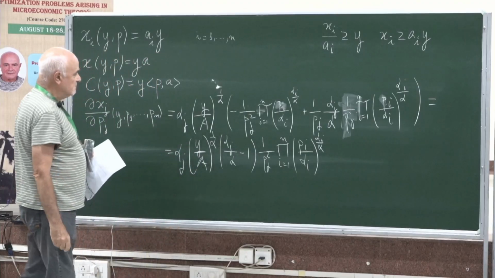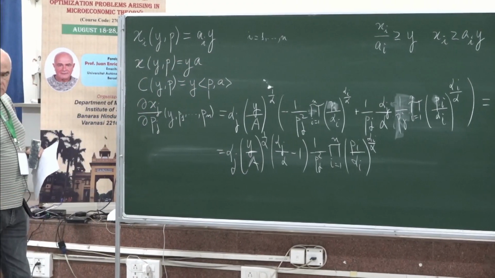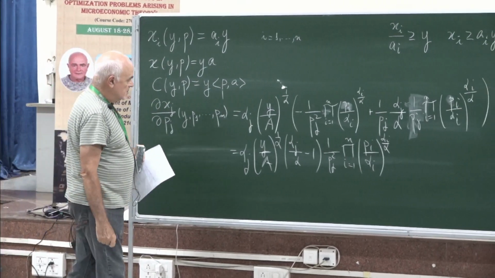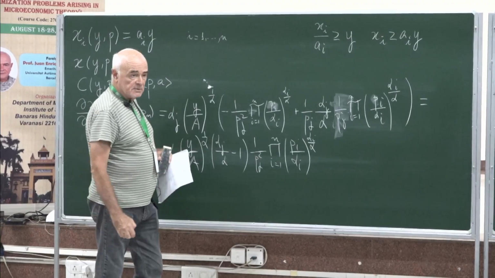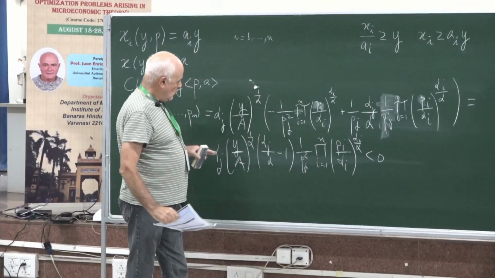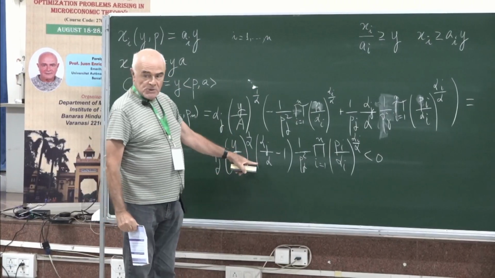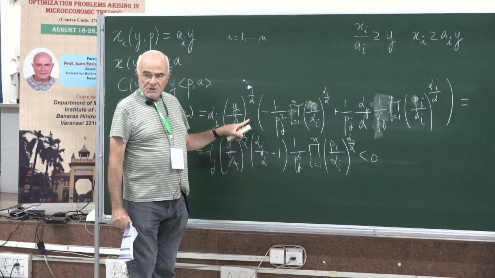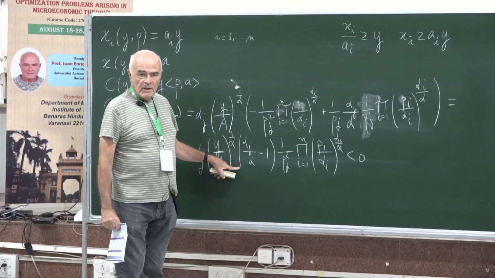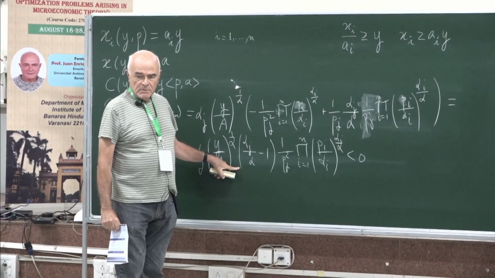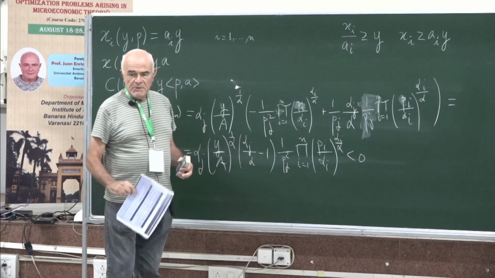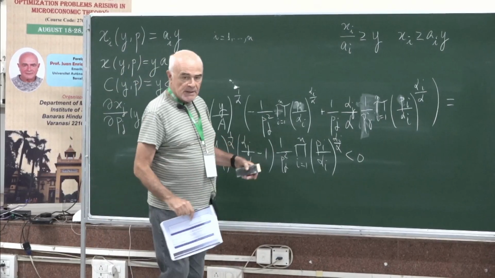Is this correct? Then this is negative, because all factors are positive except this one. Alpha j is smaller than alpha. Alpha is the sum of all the alpha i's which are strictly positive. So this is smaller than 1. With minus 1 it gives negative, so in total it is negative,